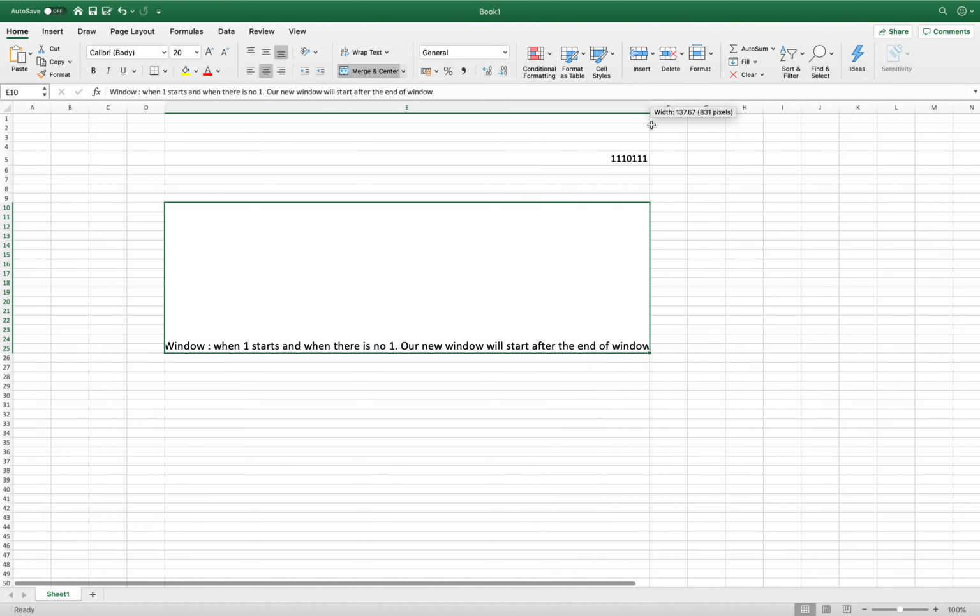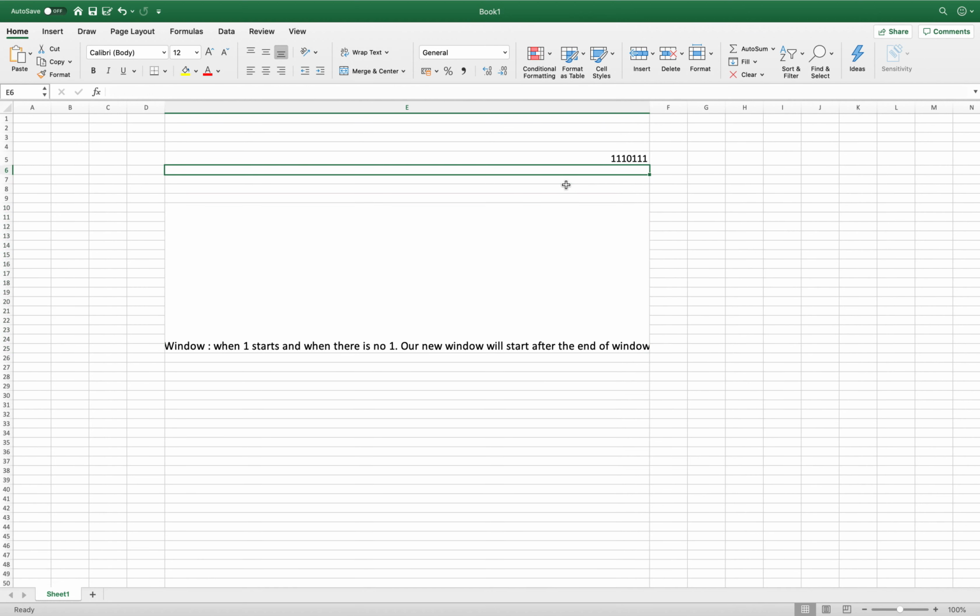Here is how this works. First our window starts at index 0, and the end window iterates from index 0 to index 1, then to index 2, and at index 3 the end window will stop. This would be the length of the window.